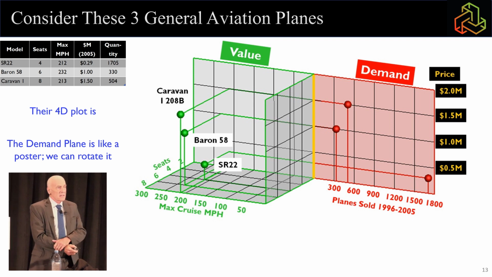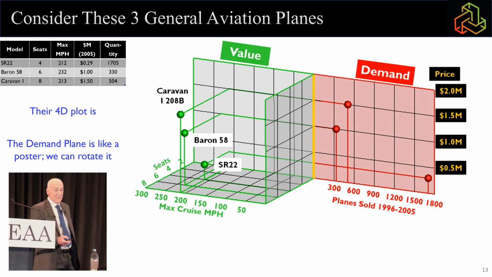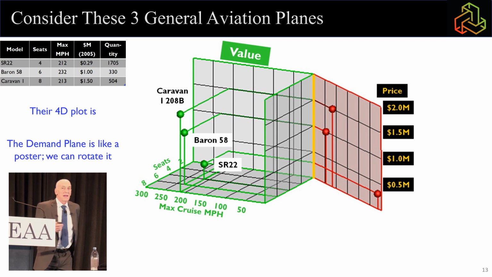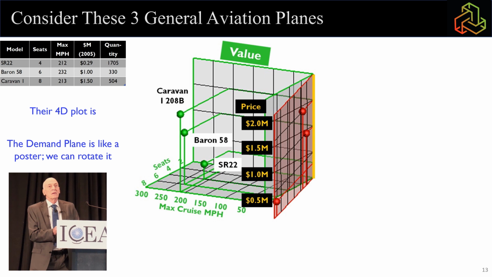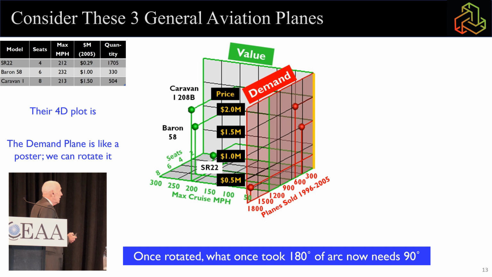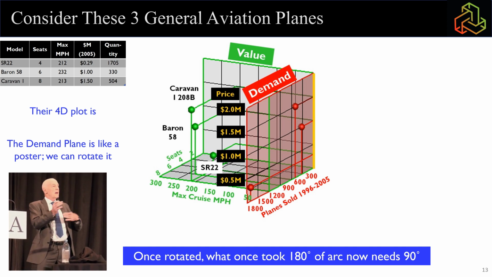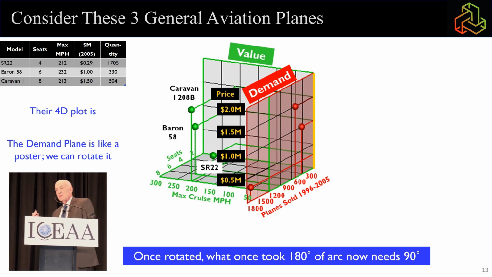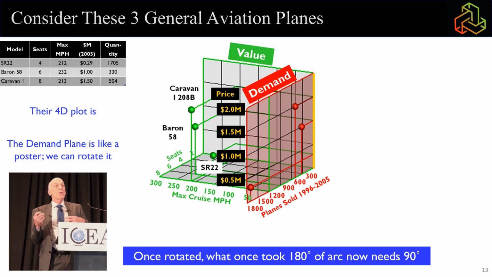Well, it's exactly like a poster. We can rotate it. We just saw that we could rotate it. And so here we do that. We're rotating this demand plane flat against its respective value space. Now, with that then, what once took 180 degrees of arc is now down to 90 degrees of arc. So we can imagine we're taking these little 90-degree arc markets into, say, a 4-room house,